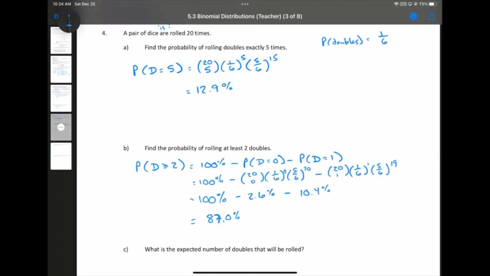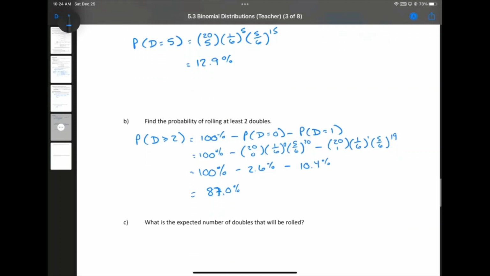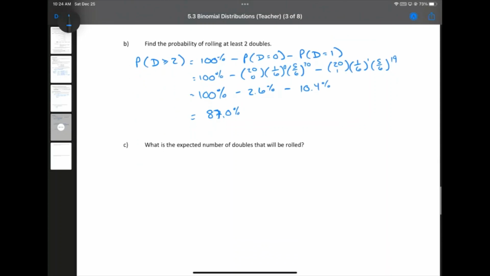Okay, what about the expected number of doubles that we'd roll? Again, not the number that we're ever going to necessarily get, but if we did it a million times, what would the average number of doubles be? So the expected number of doubles, we have a really easy equation, n times p, which is just the number of trials